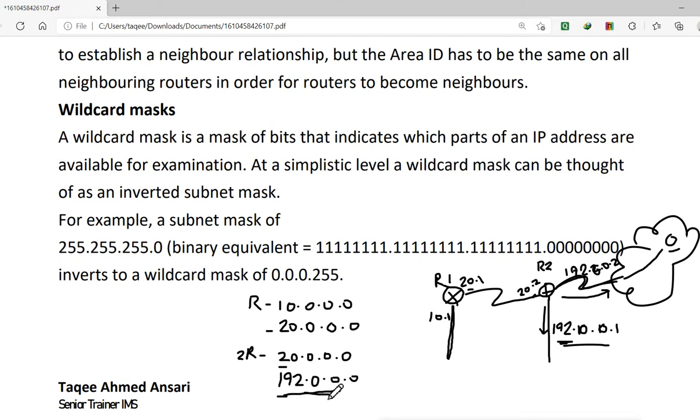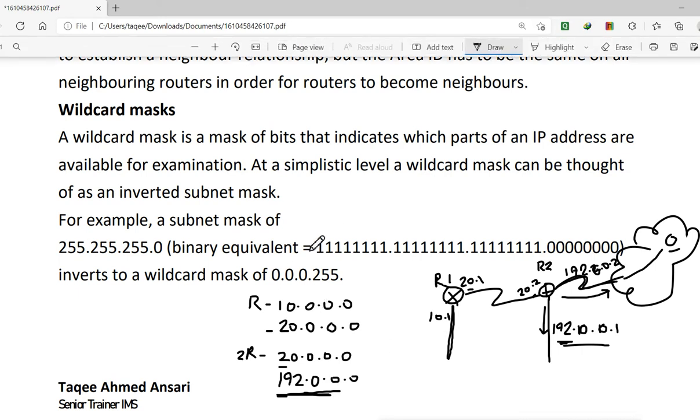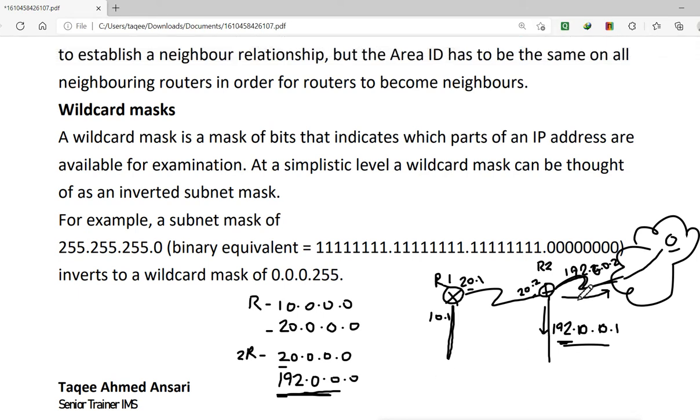Now in RIP we don't have any option, we have to give this command, otherwise it will not work. Otherwise we have to choose another IP on this interface connected to the internet. So that is why we have the wildcard mask or wildcard bits in OSPF. It will allow us to decide on which interface we want to enable the routing or not. So in this scenario, if I want to enable only this interface and I don't want to enable this interface, I will use the wildcard mask here.